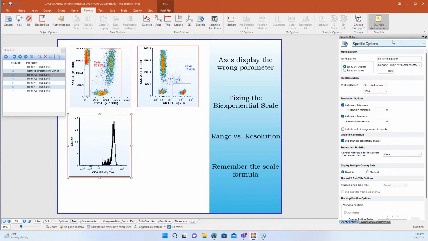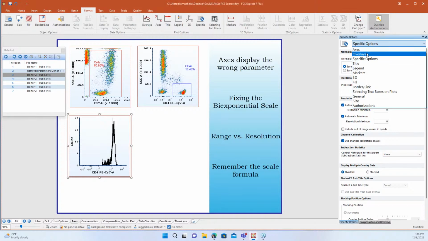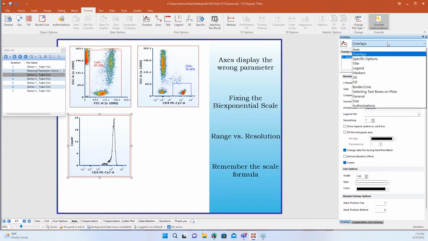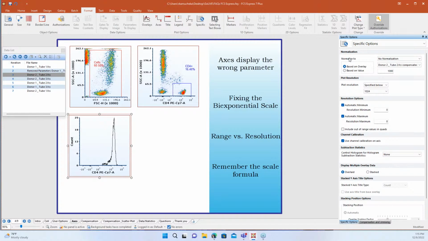Whereas range, if you're changing the range and it's outside of what you have on your plot, then sometimes you can get that really stretched effect too. So people will write in saying they're having trouble with scaling, and now everything looks like it's stretched, like they've literally pulled it. And you'll get that a lot by using the range, but you won't see that if you do automatic minimum and maximum in the specific option. So I always encourage people to try that first before they start messing with the range.